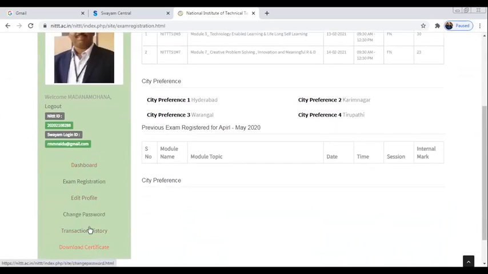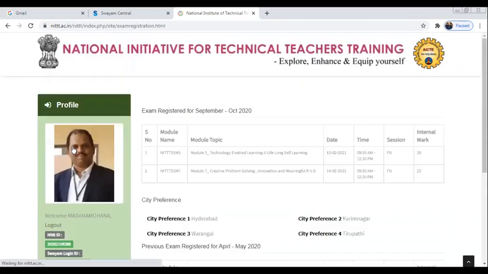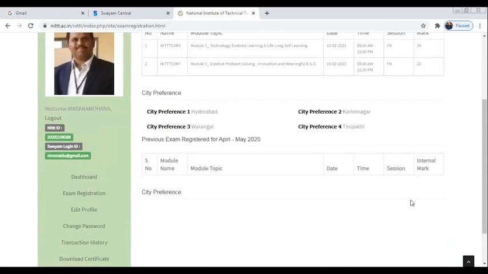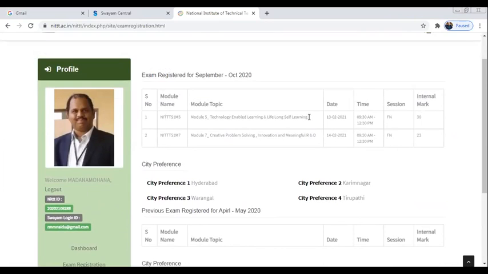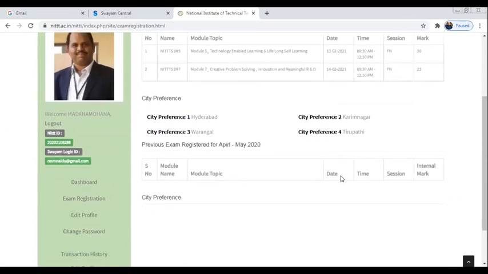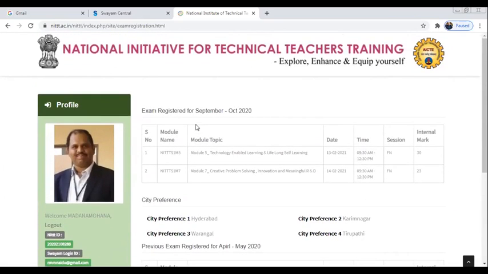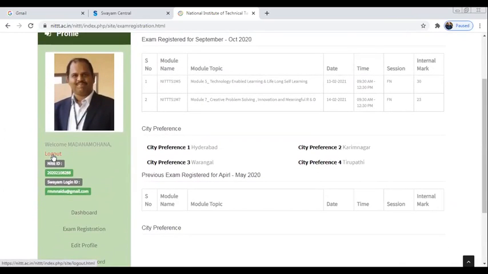Here also one criterion is there to get the certificate. Like NPTEL, you need to secure a minimum of 30 percent in internal, and in external, 50 percent. Altogether you need to secure a 50 percent score. For these modules, my internal marks, I got 30 out of 30, then 23 for the final exam. Your certificate is based on the final and internal exam. A minimum of 15 marks is required to register for the exam. Otherwise you are not allowed. Now we have to log out.